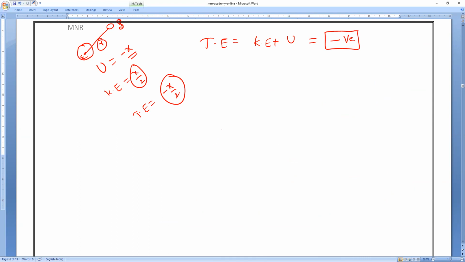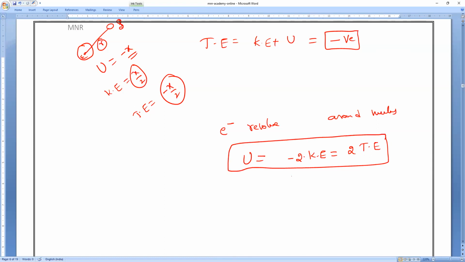So if I take the satellites around the earth, or the electrons revolving around the nucleus, everything, potential energy is equal to 2 times kinetic energy, which is equal to 2 times the total energy. That is what you have to remember, all of you. Potential energy is equal to 2 times kinetic energy, or else equal to 2 times total energy. So always, if it is bounded, a closed path, revolving in an elliptical or circle, always the total energy is